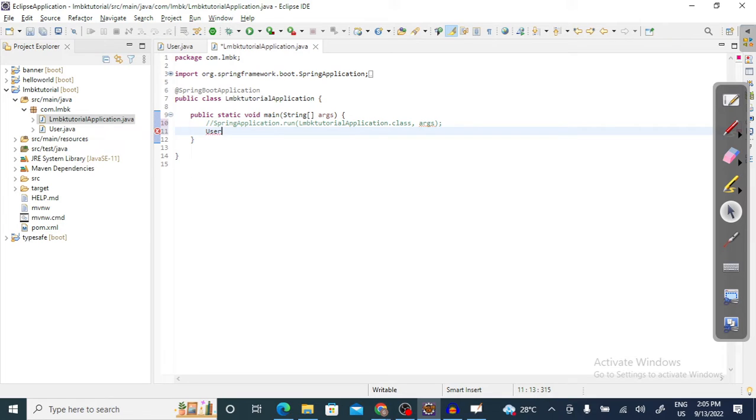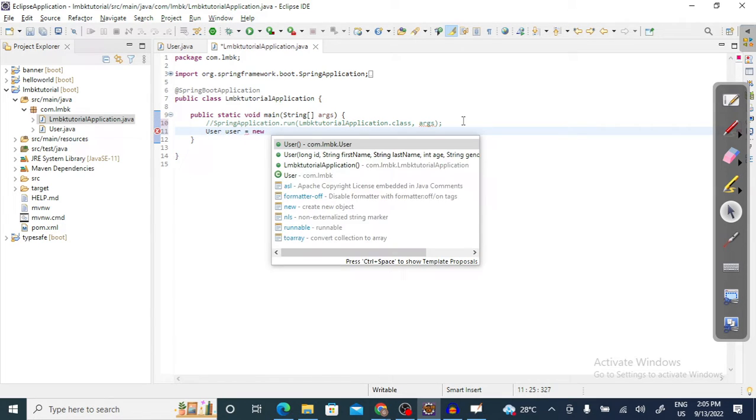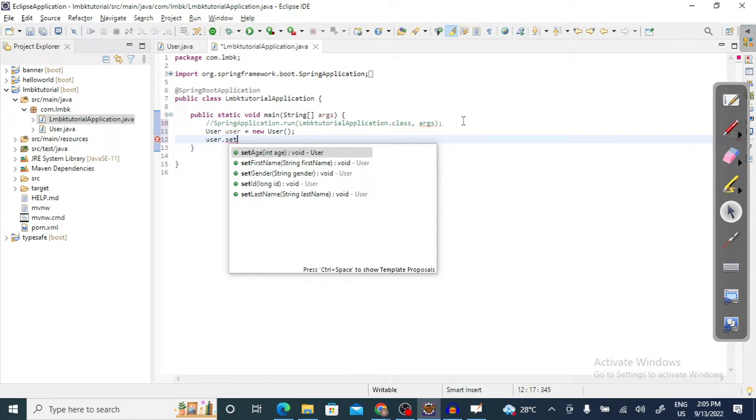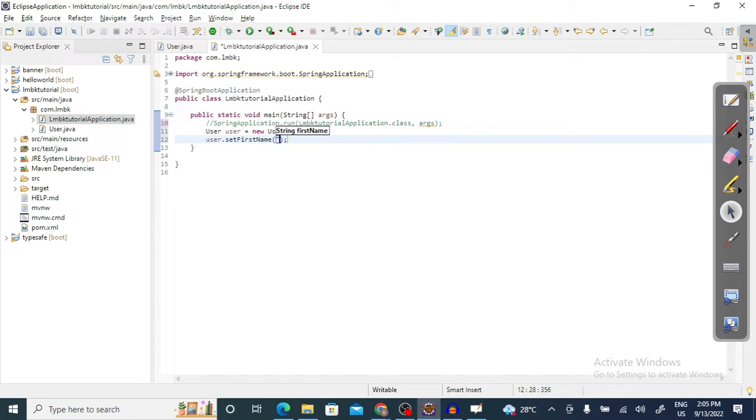I will create a user, and this is my user here, and a new. Mostly when we deal with the beans, you can easily use the application context. But here, just to demonstrate it, you can set the name of the user. Let's say I will set the name as Girish, something like this. And if I want to retrieve it, we can simply retrieve it